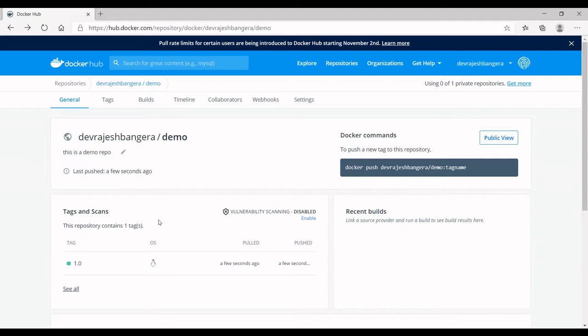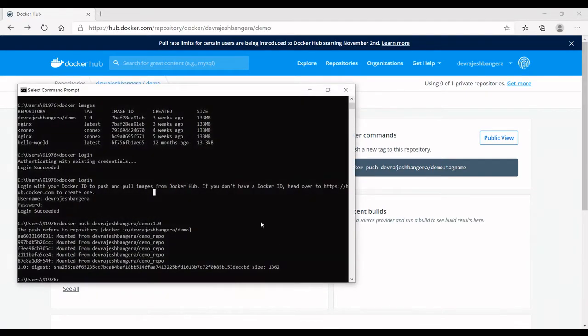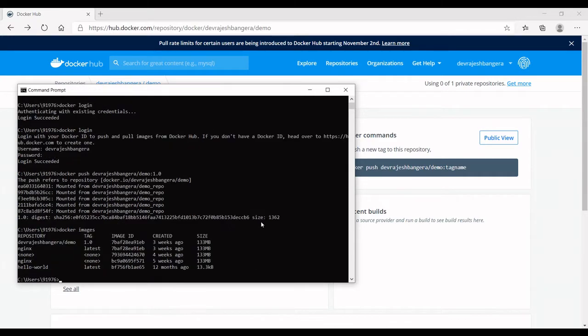Before proceeding with that, we will clean up our local Docker images. Just go to the command prompt like so, docker images. We have this many images with us. We will clear this out.